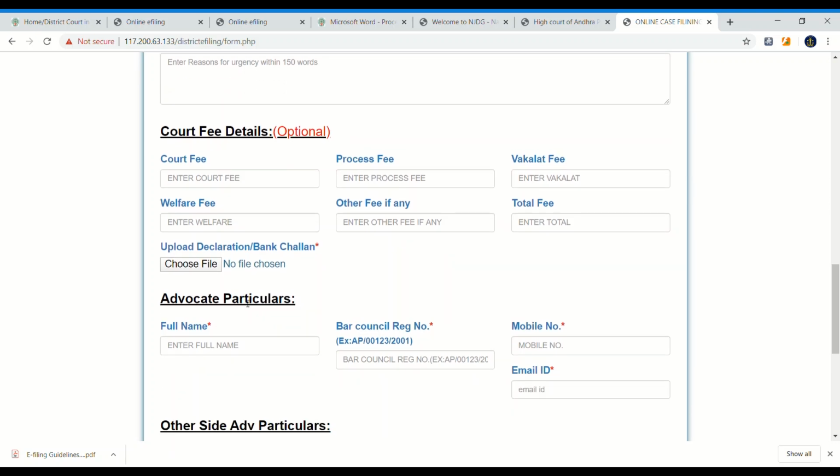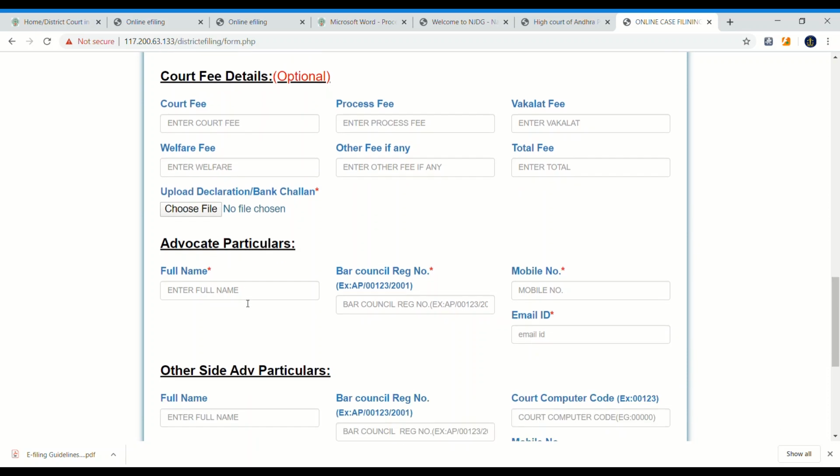That is the one. And advocate particulars. Enter the advocate's full name and bar council registration number as per the example shown above, and mobile number and email ID.